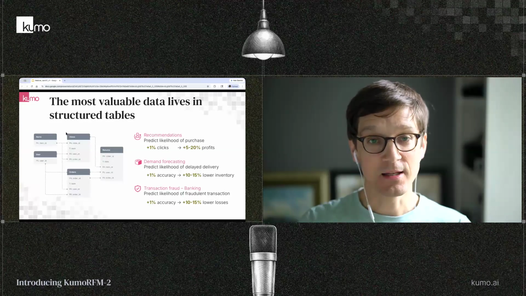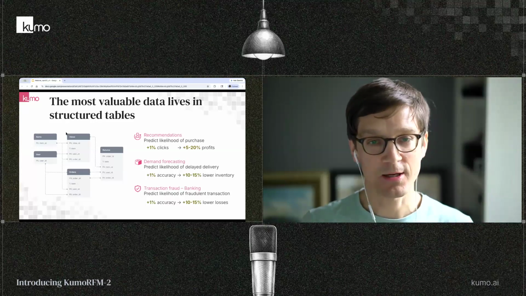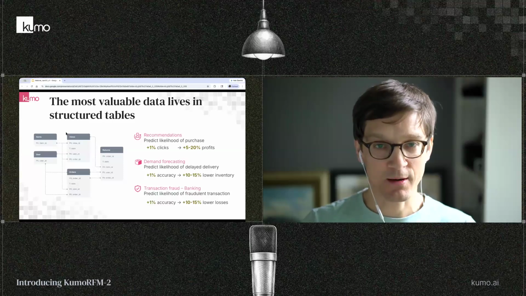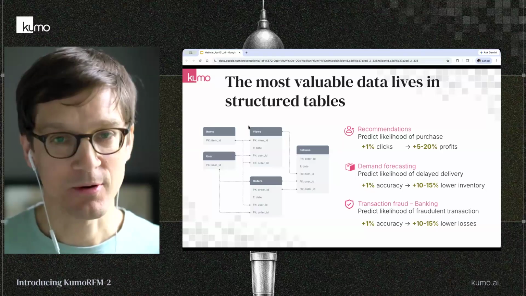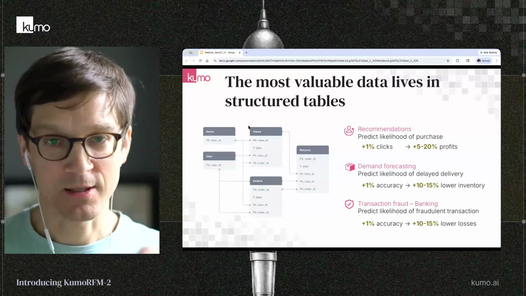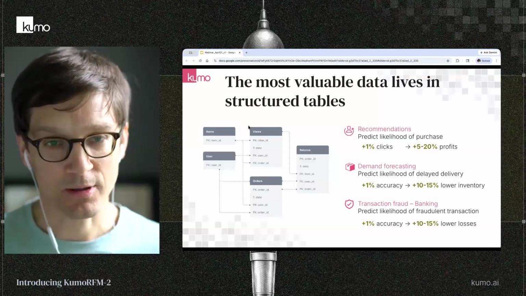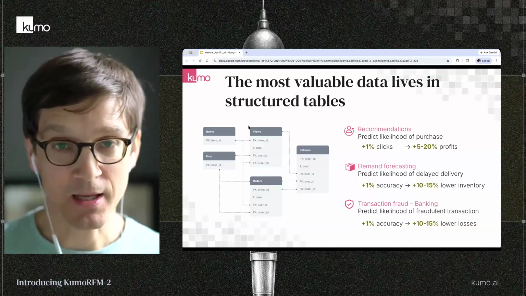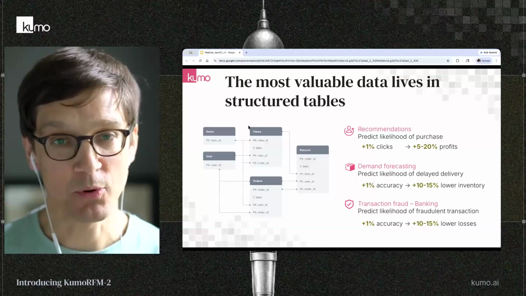And this data lives in a structured form together with images and text and all kinds of data, and is interlinked in the sense that an ID in one table points to an ID of another table. So when an order has a user ID, we know which user placed that particular order. And being able to reason and make predictions and inferences over this data is super important